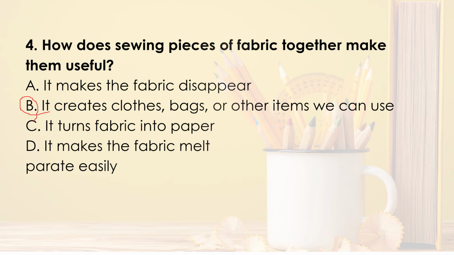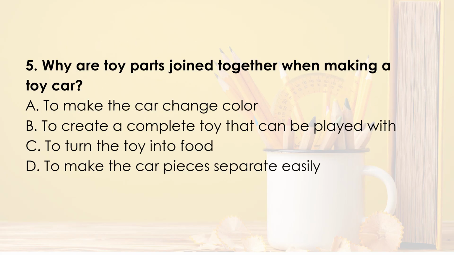Next, for number 5. Why are toy parts joined together when making a toy car? A. To make the car change color. B. To create a complete toy that can be played with. C. To turn the toy into food. D. To make the car pieces separate easily. What is your answer? Letter B, of course, to create a complete toy that can be played with. Good job,